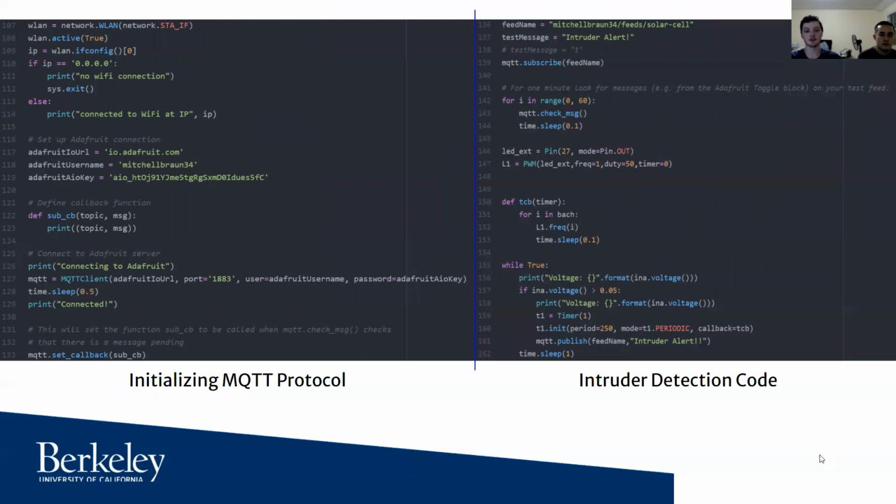On the left, we are initializing the MQTT protocol. We are setting up the Wi-Fi, making sure that it's working, putting in our strings for Adafruit profile, creating the MQTT client. And on the right is more of the intruder detection code, where we are making sure that the message is being sent,